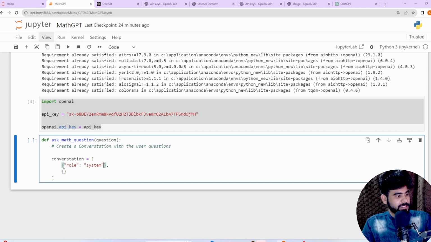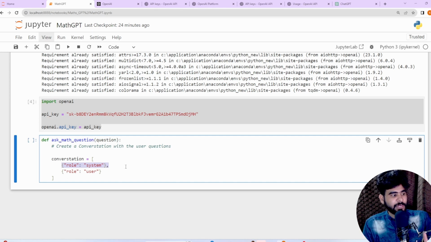Now let me copy the same code and paste it in the second dictionary, and here we change the role from system to user. Whenever we ask any query, the system will respond with a complete, accurate and detailed explanation of our mathematics question.